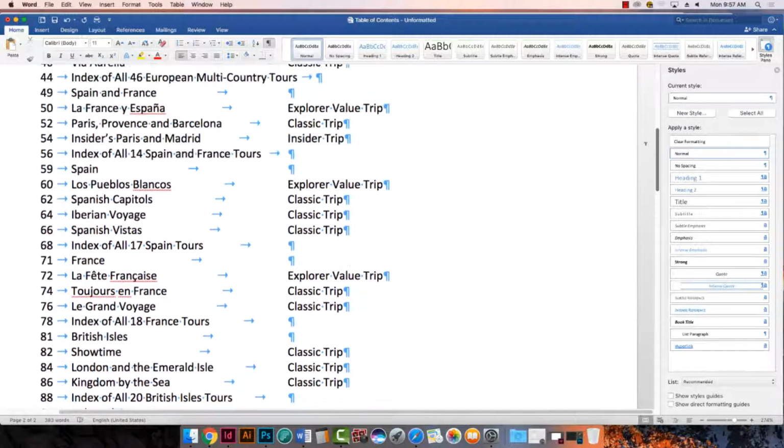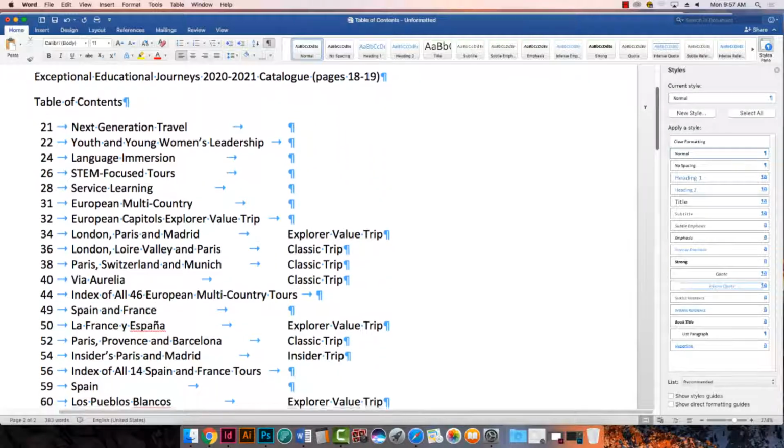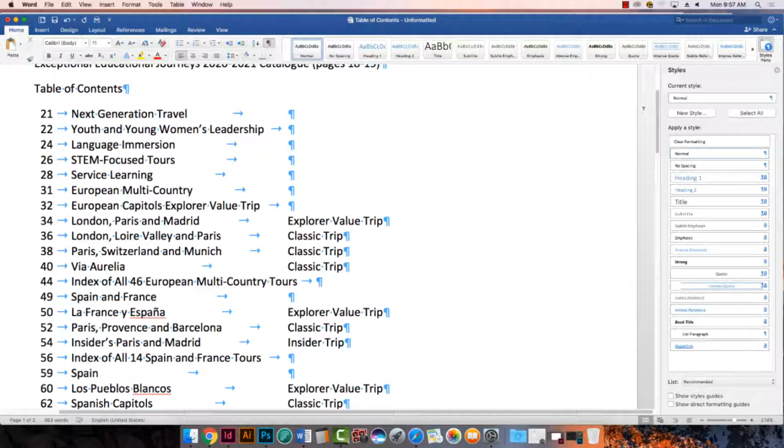Okay, now I have to say the client was good in setting up the table to an extent because I have tabs already there. You see the little blue arrows here? The tab is there. When I converted that table to text, it put a tab there. I want that. And it only put one tab between the place we're visiting, London, Paris, and Madrid, and the type of trip it is. If I saw 2 arrows in there, I would have to strip out